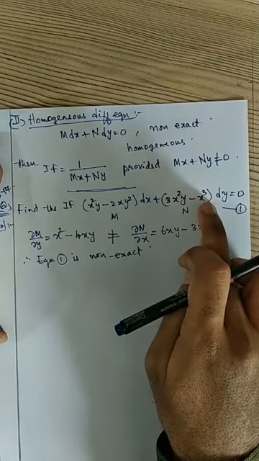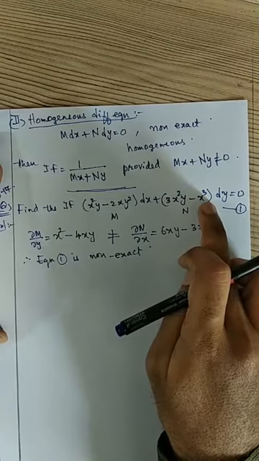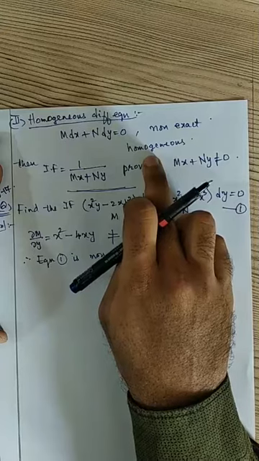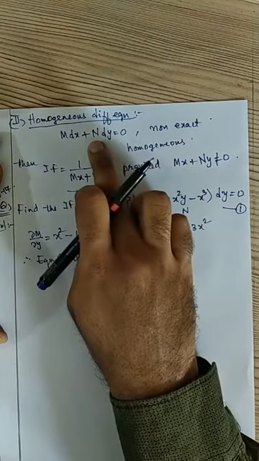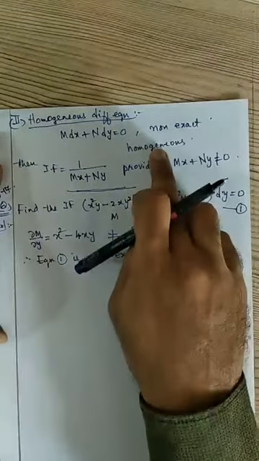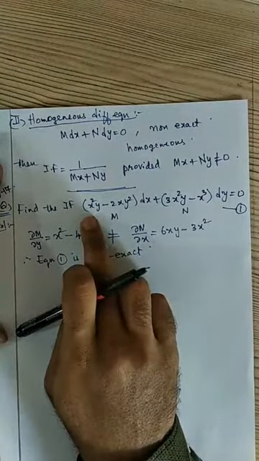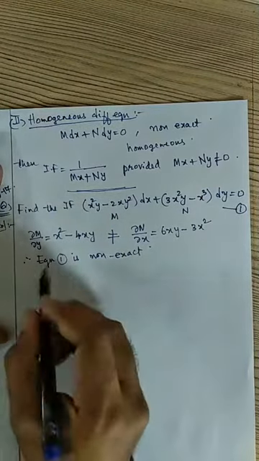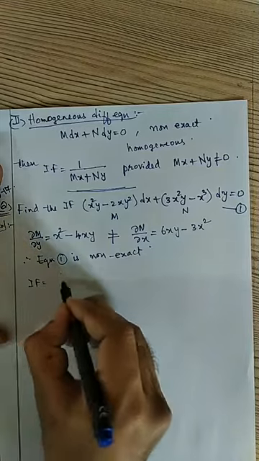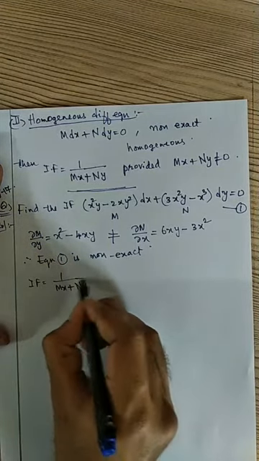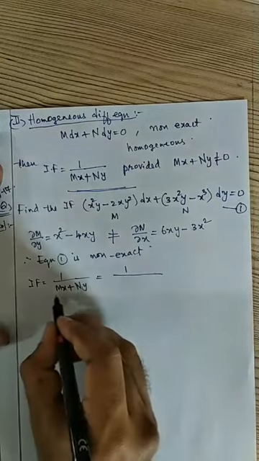If this is the case in the equation, then we say that the given differential equation is a homogeneous differential equation. The given equation is of the form M dx plus N dy and it is non-exact, and this equation is homogeneous because the total power of variables in each term is the same. If this is the case, then the integrating factor is given by 1 by Mx plus Ny, which is equal to 1 by